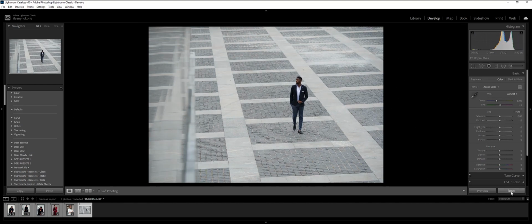If I click this reset button right here, it basically resets all the settings that I've done. Imagine if you spent maybe an hour or more editing just the picture, and then you hit the reset button. Maybe you just want to tamper a little bit with the exposure and you don't really like how the exposure is looking, you just want to get it back to 0. You can actually go in there and just type 0, but yeah, you hit the reset button and